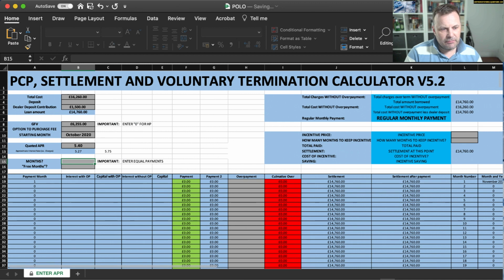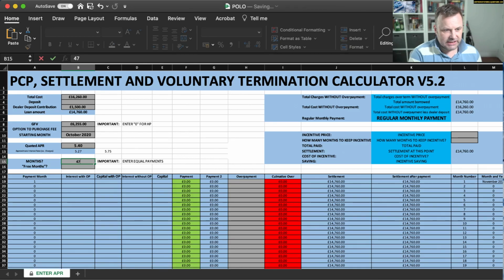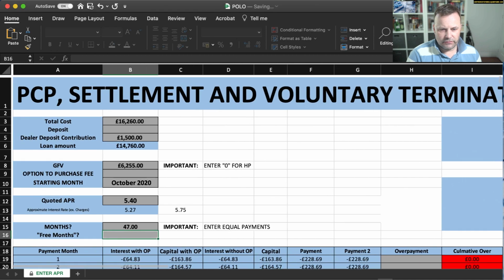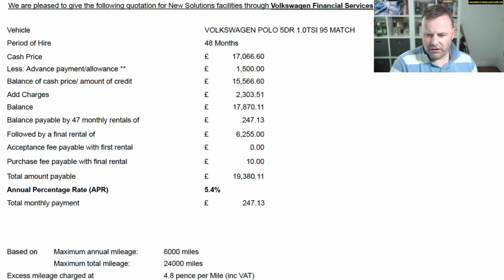And now remember, when you use this spreadsheet, that's the number of equal payments. So we'll base our example on this one, which was 48, which means there's 47 equal payments. So into the spreadsheet we put 47. Comes out, look, at 228.69. Zoom in a little bit for you. 228.69. So I've just been to Coast, and I have beaten the CarWow quote by nearly £20 a month,